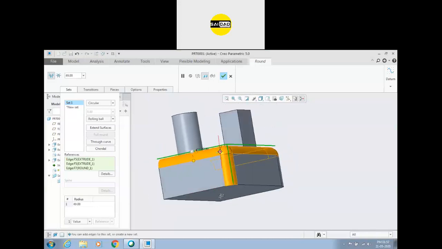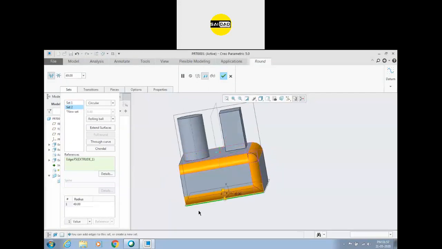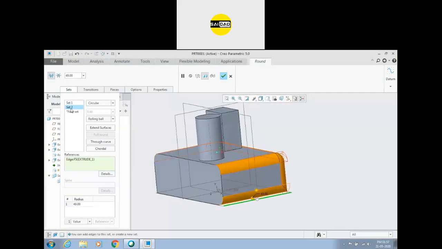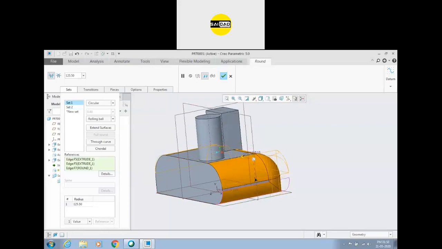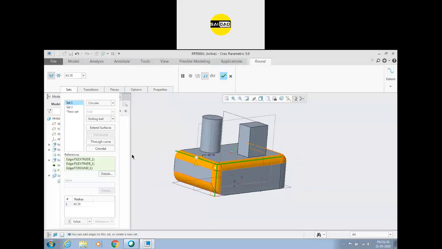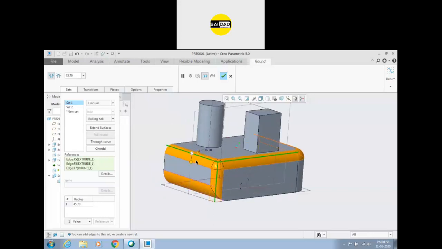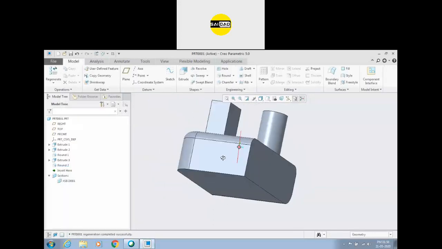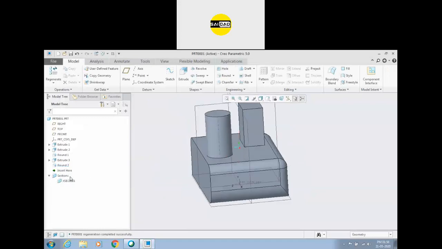If you don't hold the control button and select the edge, you will create a new set, and that set has a different value, and if you click on the set one, that set has a different value. Okay, you can create variable fillet from these options, from set options. Okay, any question? So click OK, the fillet will be created like this.